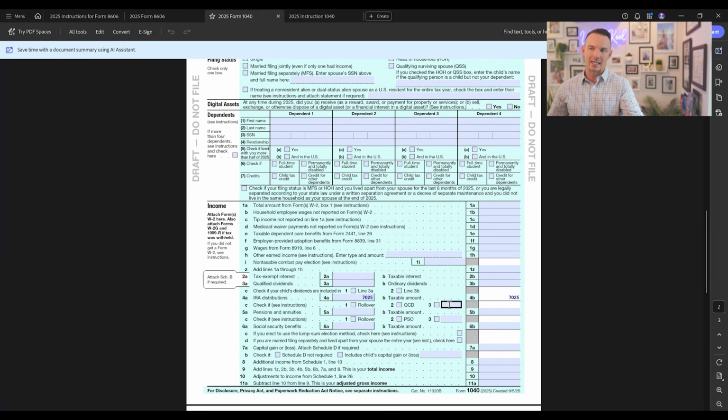They didn't really give a great example, but you might be able to even list something of that nature in here. I wonder if accountants will maybe even list. They're probably not going to mark backdoor Roth. While technically the IRS knows it happens, you don't really want to shout that from the rooftop. So it'll be interesting to see what box starts getting checked here for this to show that, hey, there was some type of